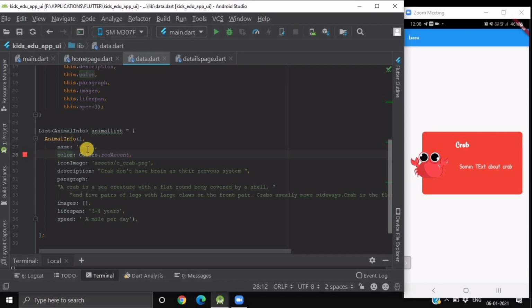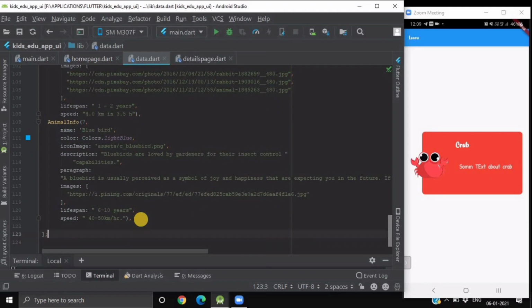So we have given it a name, color, icon image from our assets path, some description, a paragraph which will be useful in the next screen, which is our detail page for that animal, and here the images, or you can say the list of images, is empty because we are not providing any network URL for crab images, and we have given the lifespan and speed attribute as well. Okay, so we'll create some more.